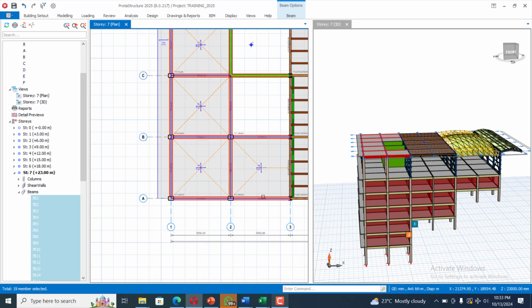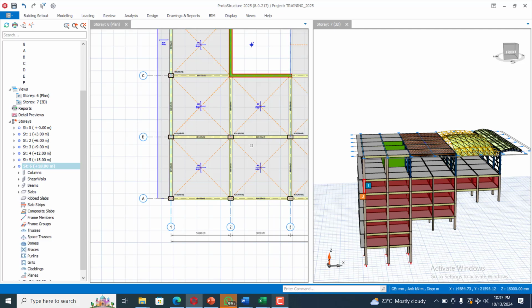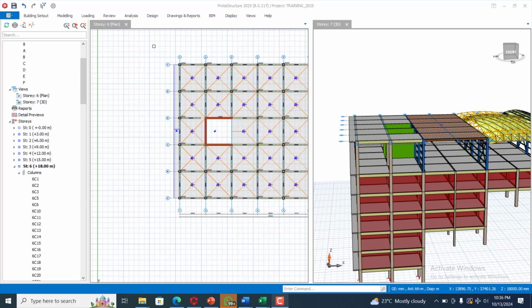So let's just say we are only going to be having, damn, this is not supposed to be here. It's supposed to be on story 6. I'm very sorry. I actually selected the wrong beams. So I'm going to select them and then I'll continue from there. What I can do to make this way easier for me is I can just simply